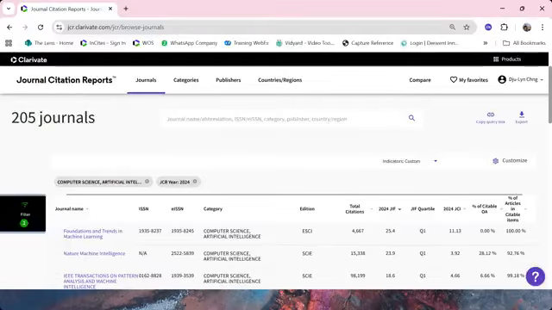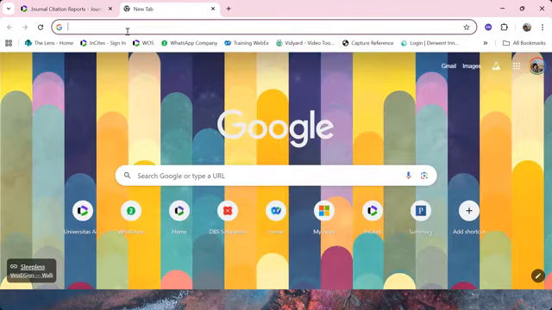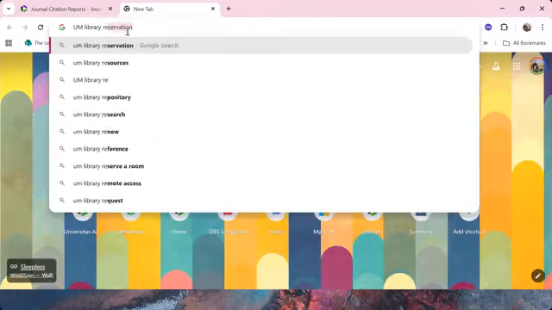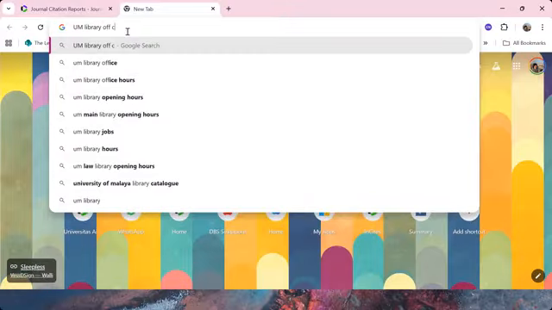So access to the database usually is IP authenticated, meaning that you have to be on campus or you have to sign in via Open Athens or single sign-on through your various organizations. That's why I mentioned that it's best for you to check with your library. They will be able to advise. So KS Tan, yes, UM has access to JCR, UM library, off campus.